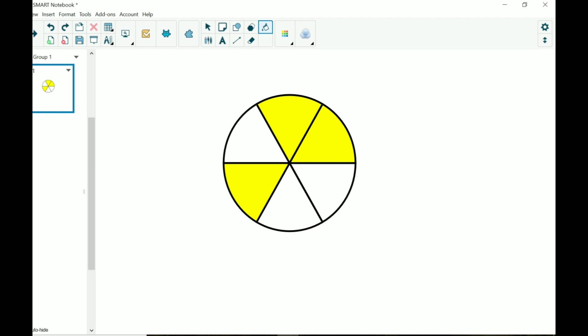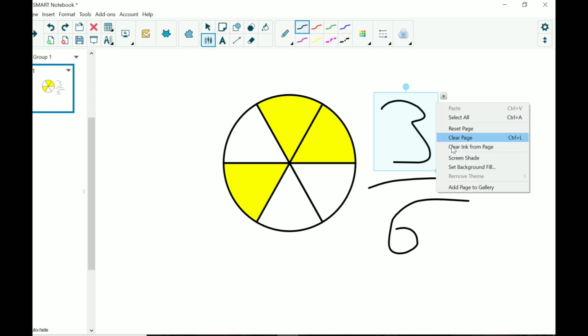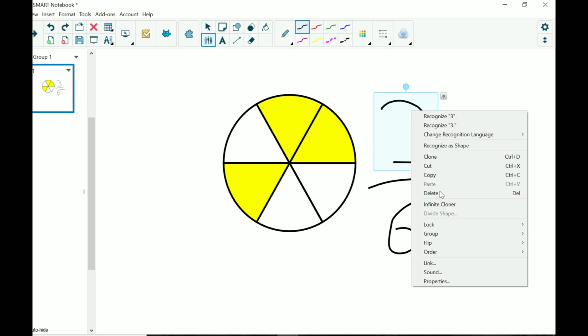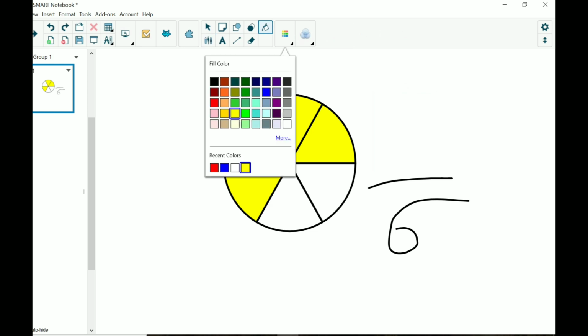This is a fraction of what? 1/3. So let me pick my pen and come and write it. It's a fraction of 3/6, so I can just write 3/6. Okay, so you can equally make a fraction of 4/6. So I can delete this one. I can delete this